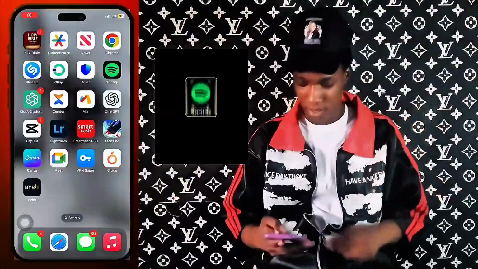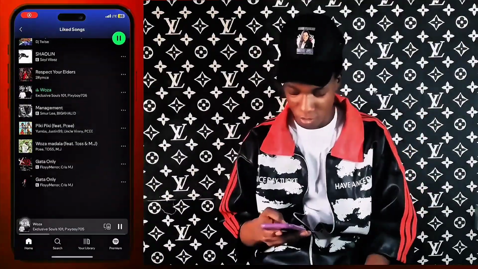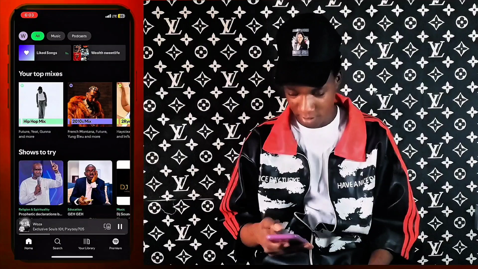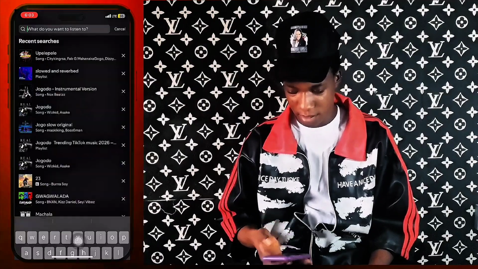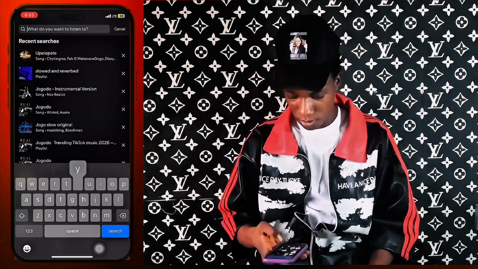Number two is going to be the Spotify scroll effect. Let's get into it. How to do the Spotify scroll effect? First of all, you come over to your iPhone, you go to Spotify, then make a screen record,